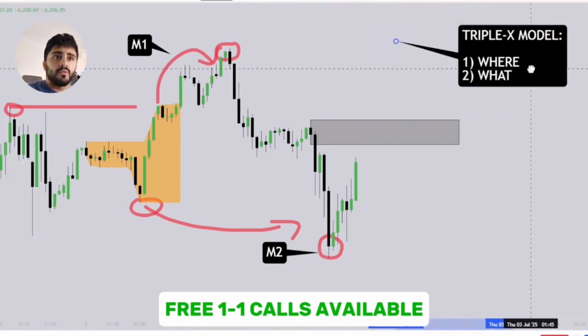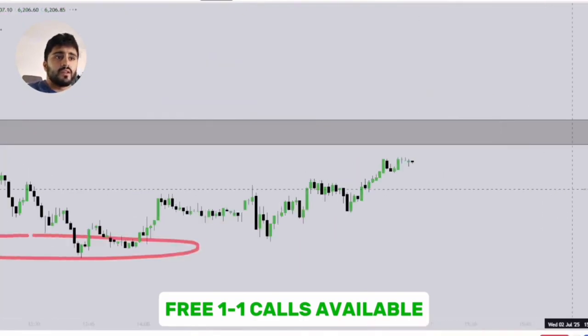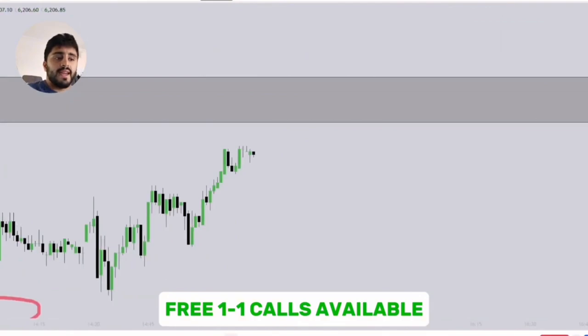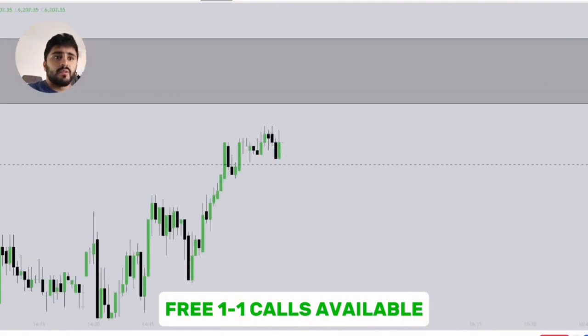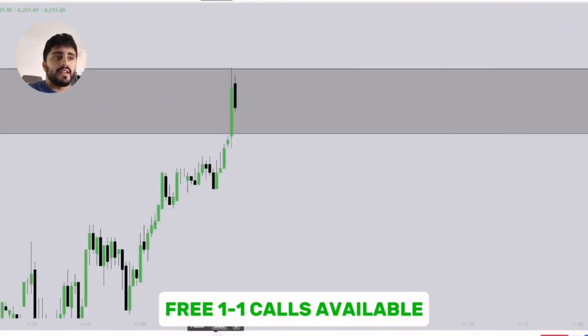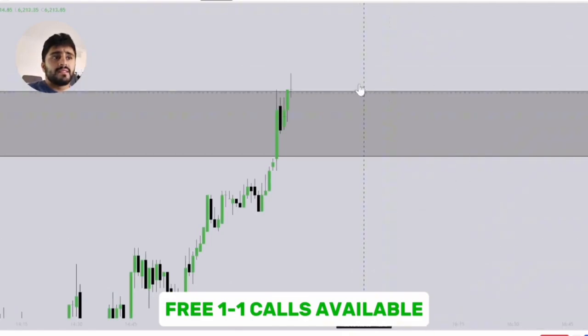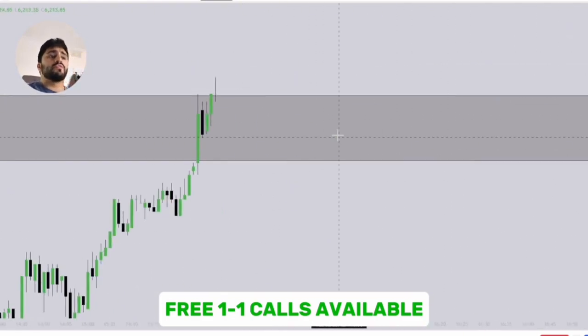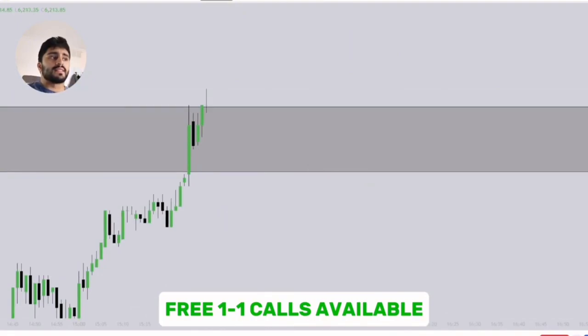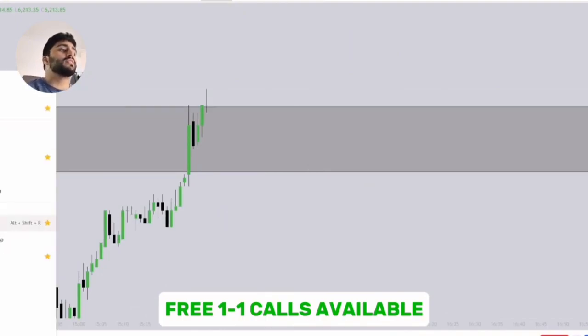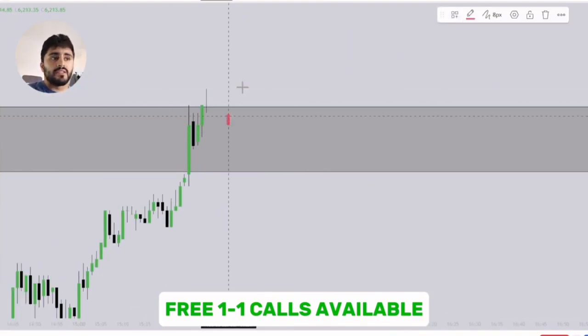So let me bring that back. So once we have step 2, we are waiting on the lower time frames for price to enter this area. So now we see price entering this area. We see price heading higher. So when we come into this area, we see price beginning to break above this level. So break and retest. Break and retest is as simple as it looks. So a break and retest is basically this. We want to see price break,